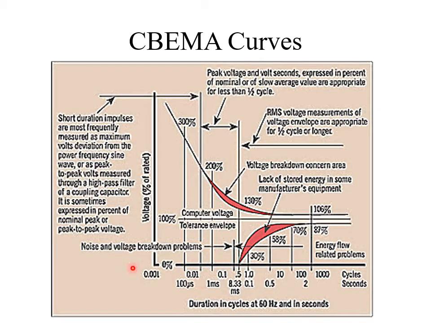The vertical axis is the percentage voltage, that is, the voltage represented in terms of percentage of rated voltage. For example, if the rated voltage is 230 volts, then 10 percent means 23 volts. Likewise, if the rated voltage is, let's say, 410, then 10 percent is 41 volts. The representation will be captured like that here.